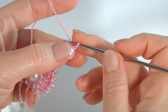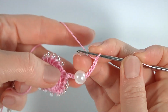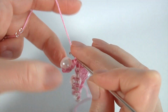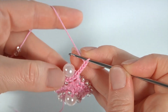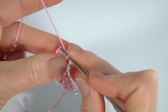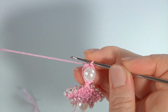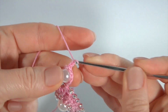Make a chain, 1, 2, 3, 4 chains, insert the hook into the first chain stitch, make a slip stitch, 1, 2, 3, 4, insert the hook into the chain stitch, make a slip stitch, now I'm working with half double crochet with seed beads,